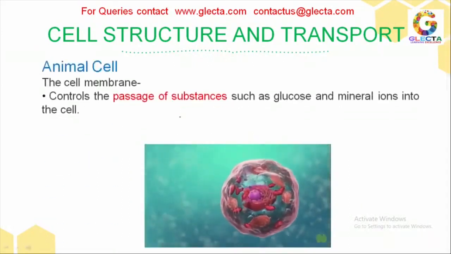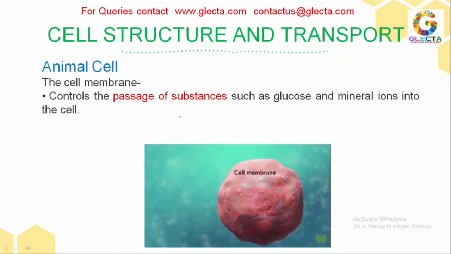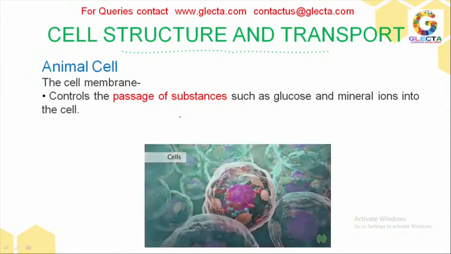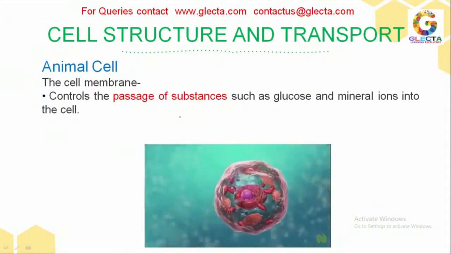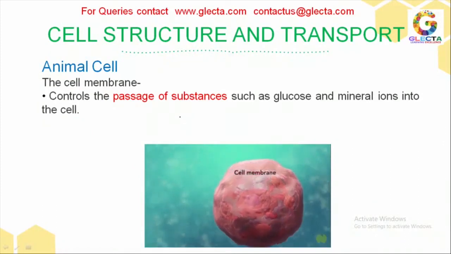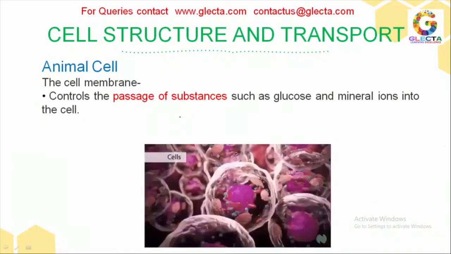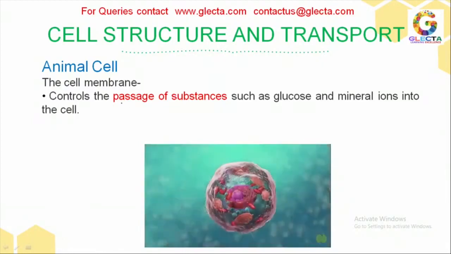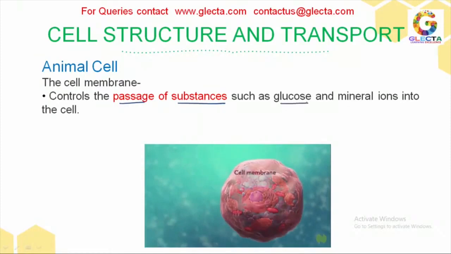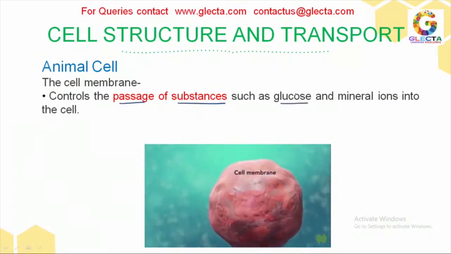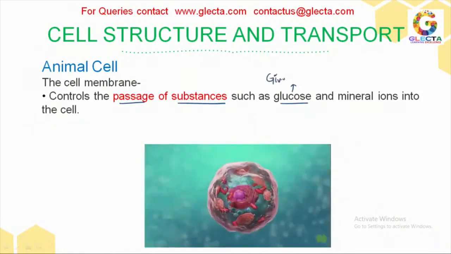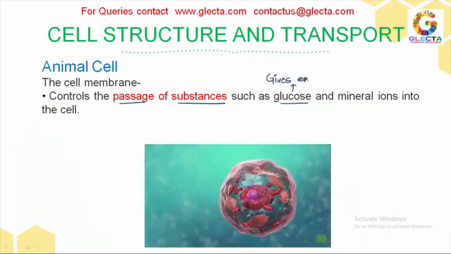Talking about the next structure, which is your cell membrane. The cell membrane is the covering of your cell. The cell is covered by a membrane so that all the organelles and your nucleus can stay bound in a structure. That structure is known as the cell membrane, and it controls the passage of substances like glucose that is used for energy transformation. So your glucose gives energy